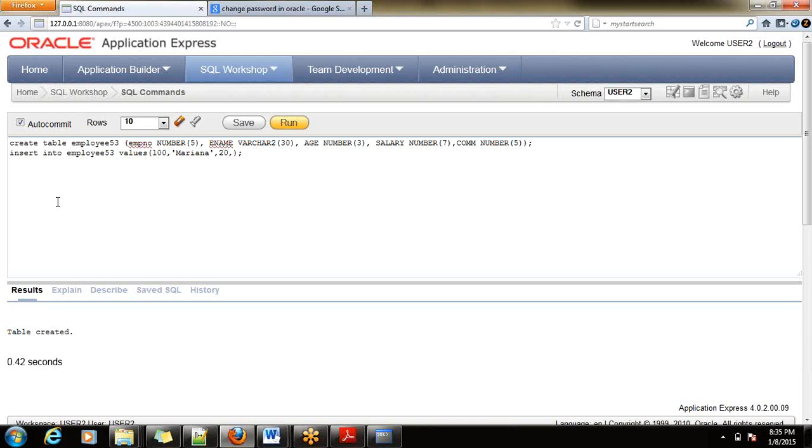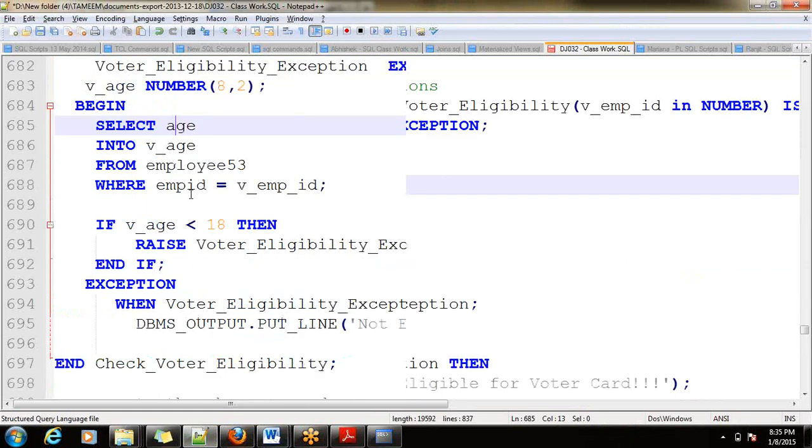Then salary, let me put 10,000. Then commission 500. Executed. All right.